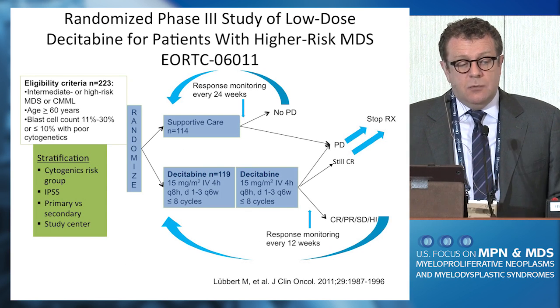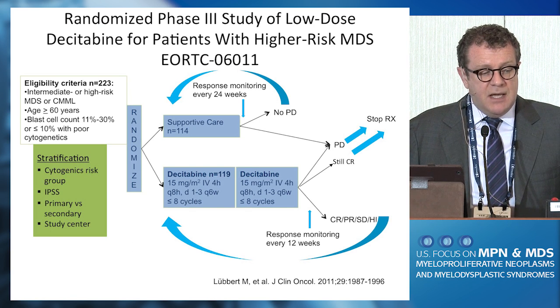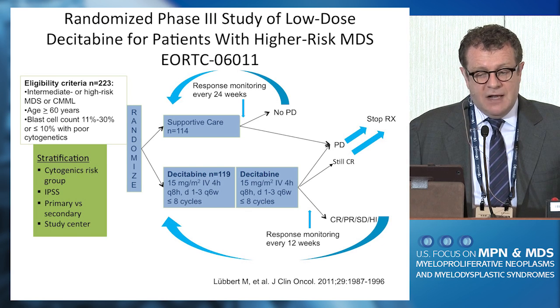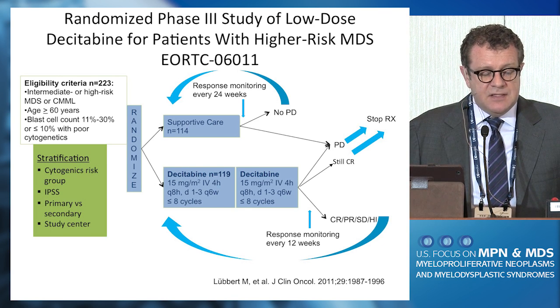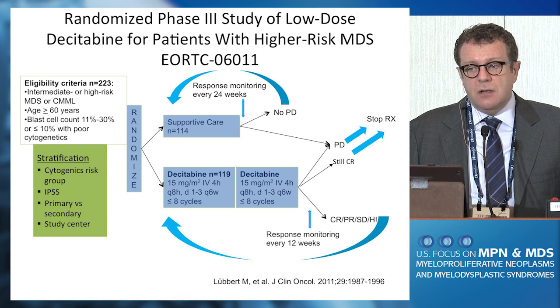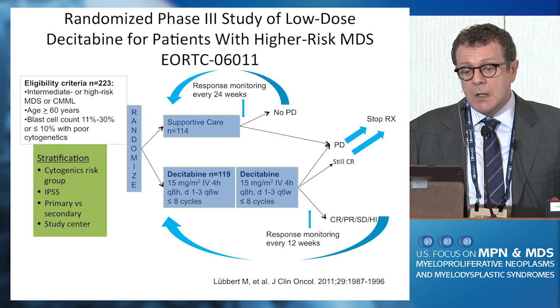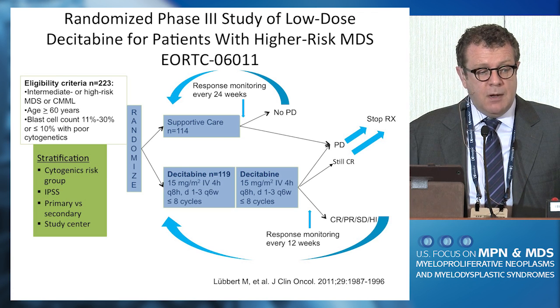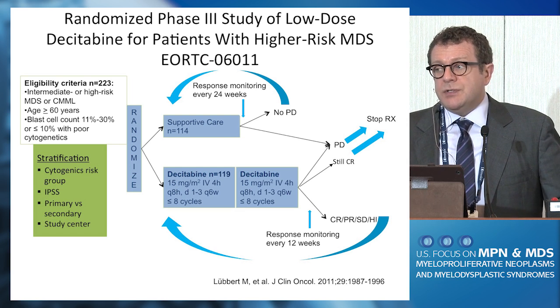So this is the data with decitabine. So decitabine has also been studied in a phase 3 randomized fashion to look for a survival benefit. There are some issues with this study that I think it's important to point out, and one of them is that the dosing of the decitabine was different than what most of us give. So in your clinic, if you're giving decitabine, most clinics give it over 5 days at a dose of 20 milligrams per meter squared. This dosing would actually require inpatient hospitalization because they give it over 4 hours every 8 hours